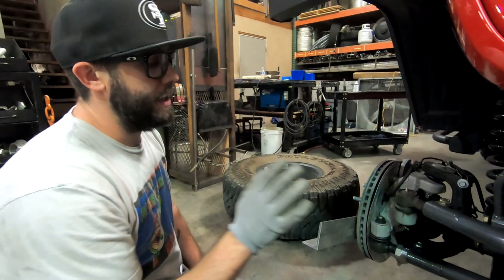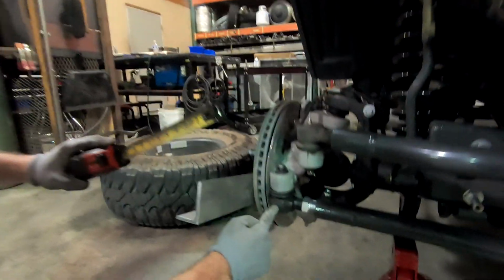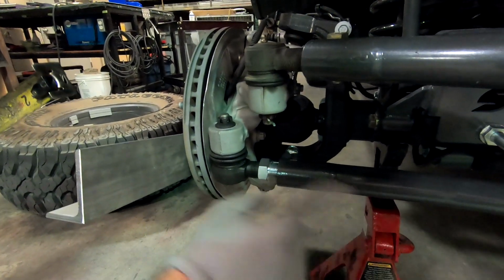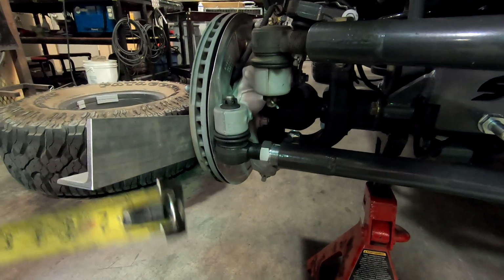It's also important to note that Synergy doesn't want this measurement from the end of this to the center to not exceed 3.5 inches on your adjuster or on your other side. So just important, that might be a safety issue there. Now that we got everything on though, we're going to check our toe in, and